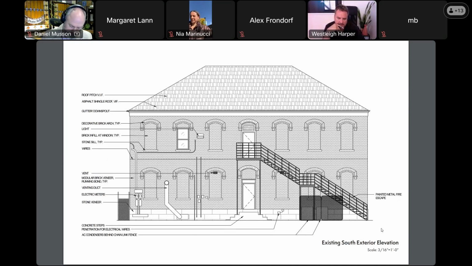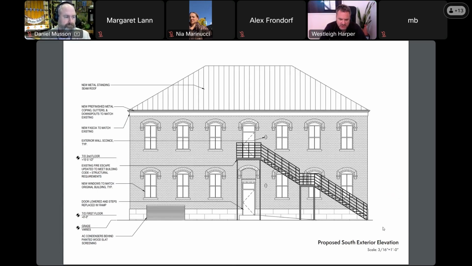Southern facade. Again, all the brick windows are filled in. A lot of brick detailing here. Fire escape leading down towards the east, and a handful of electrical meters, gas meters, vents, ducts. A lot of infrastructure has been added up over the years here, and that would, of course, be cleaned up and removed. Next.